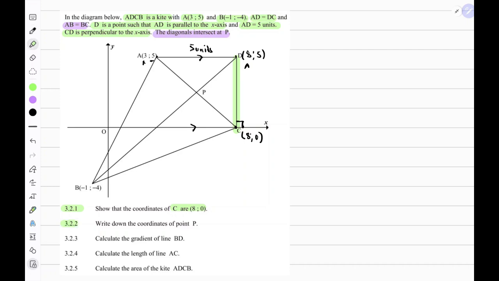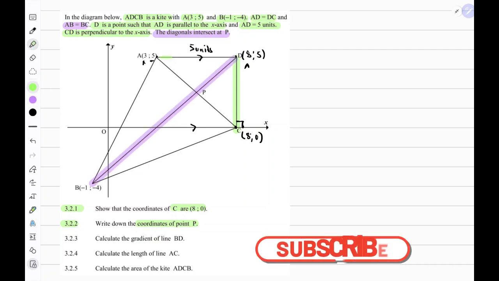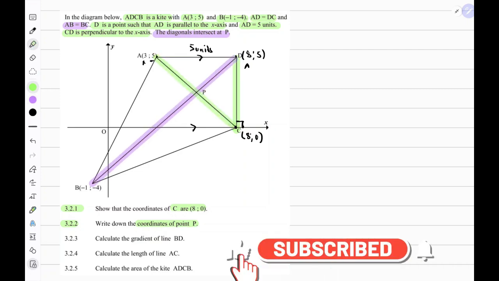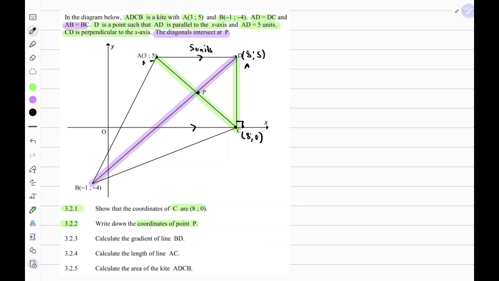And then the next question says, write down the coordinates of P. So we know for a kite that the long diagonal bisects the short diagonal. So it means point P over here is the midpoint of AC. So we need to apply the midpoint formula. So we can say the midpoint of AC is equal to